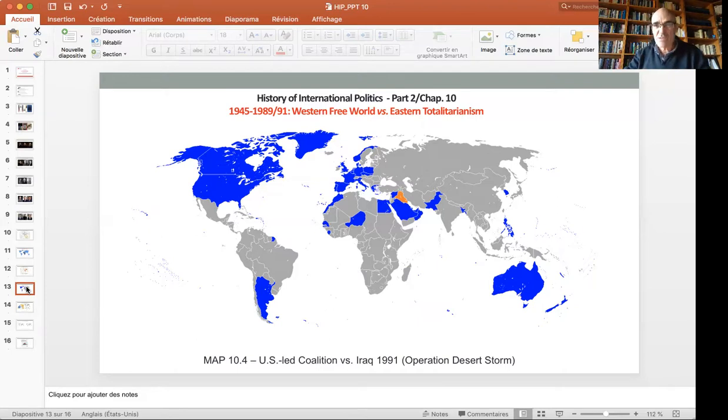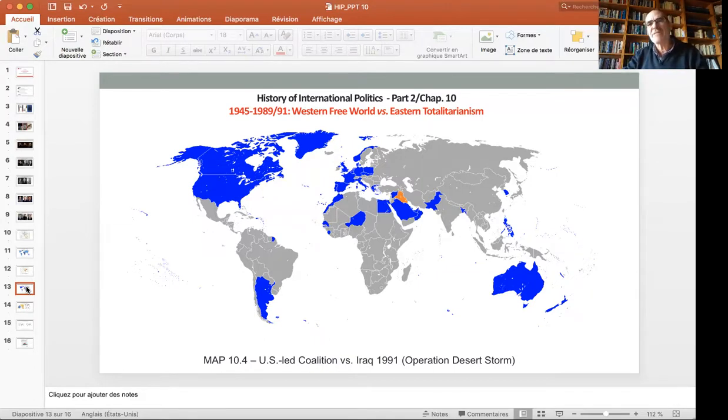No regime change, which amounts to saying that Saddam Hussein's regime, an autocratic regime to say the least, was respected to some extent. There was no attempt to get rid of this dictatorship. The pluralist dimension of the international society was respected during this operation. So the international society of the Cold War period was a pluralist one, as proven by Operation Desert Storm.